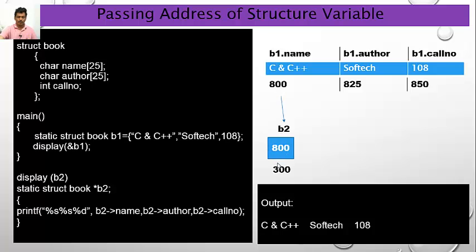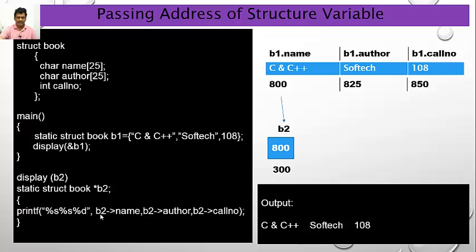So b2 also has some address. It may be an ordinary variable, array variable, structure variable, a function, it may be anything. But each and every variable, independent of type, has an address. So 300 is the address of b2. Then the b1 address 800 is transferred to b2. So b2